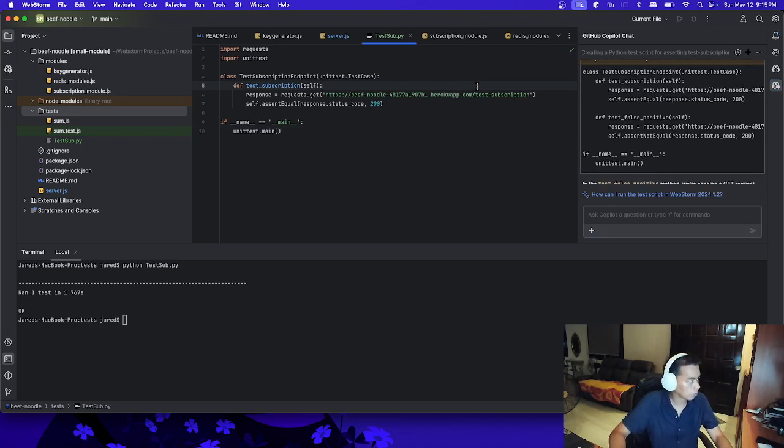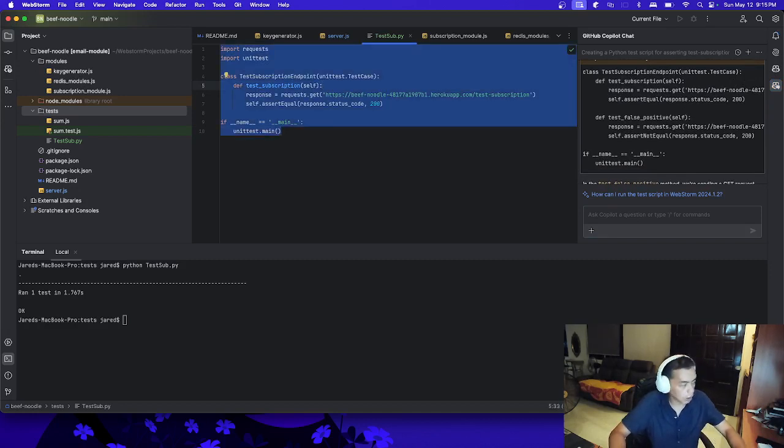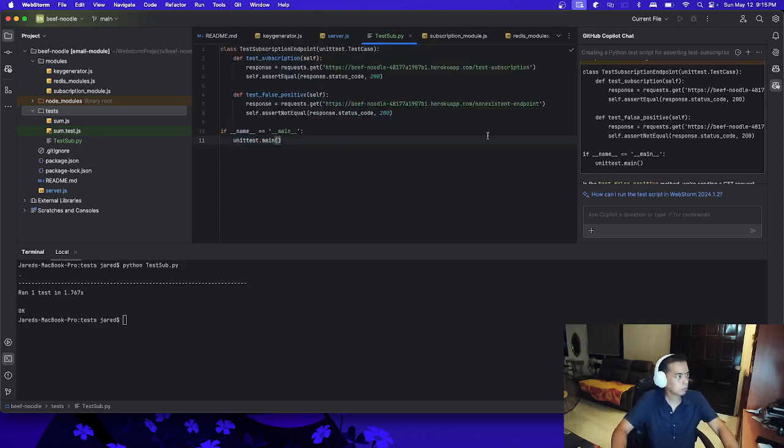Control A, then let's replace the existing test code. So GitHub Copilot just added a false positive function, and it asserts not equal with status code 200. So let's try to run that one more time.